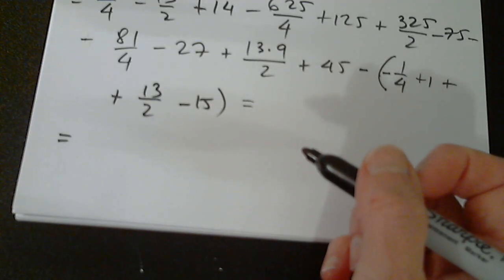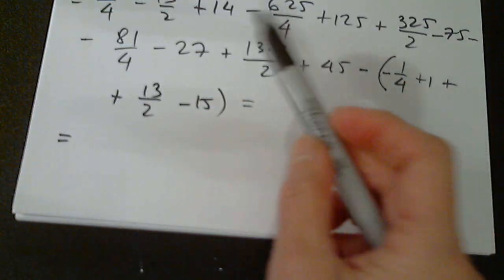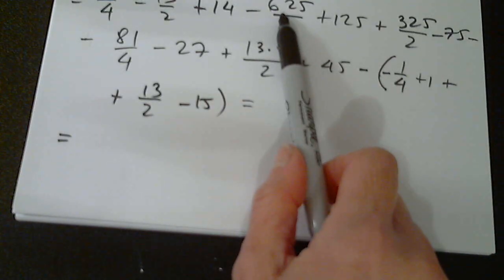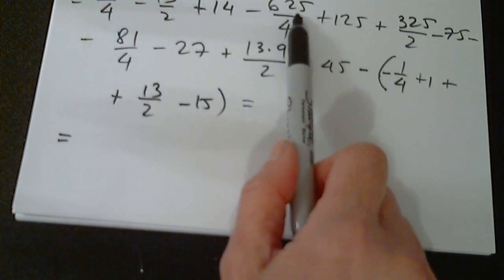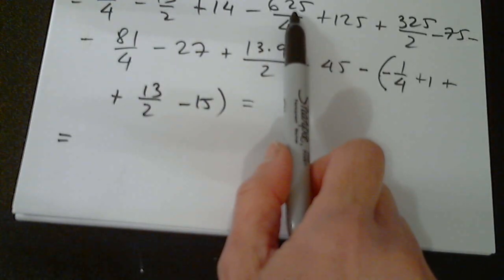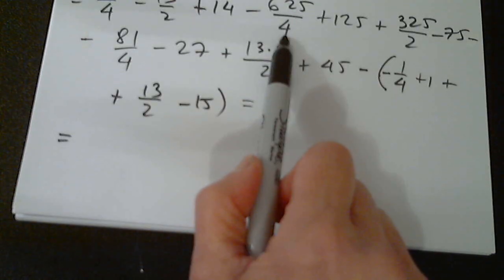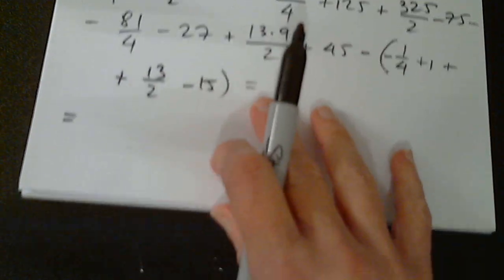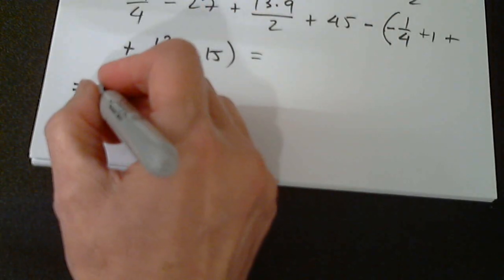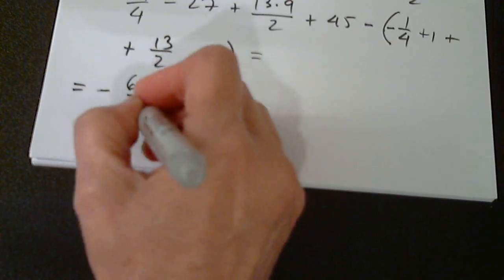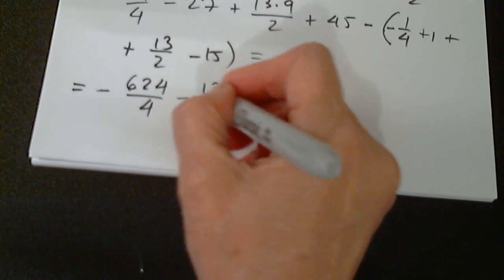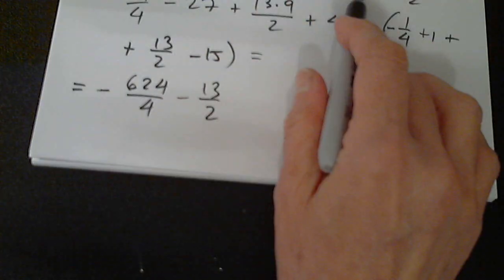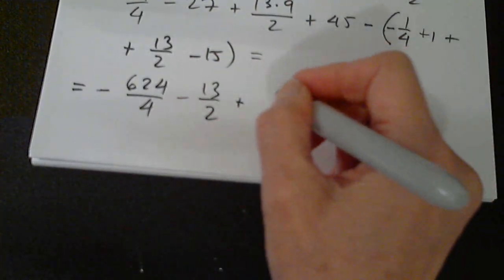Okay. Negative 625 plus 1 is negative 624. And it's divisible, so negative 624 over 4, I'll get back to it. Minus 13 halves, 14 plus this is